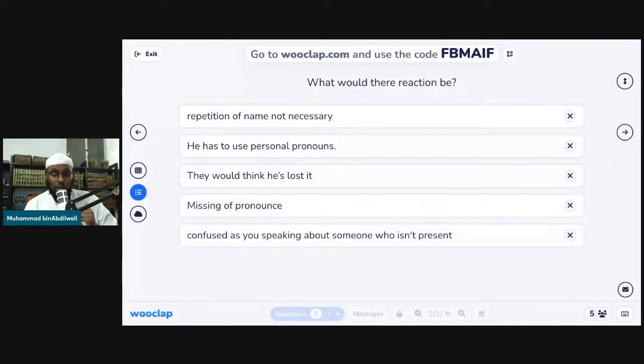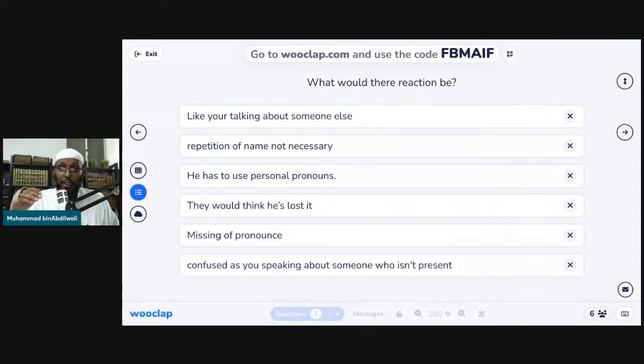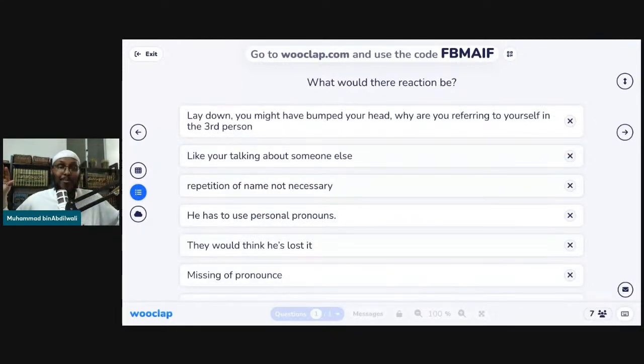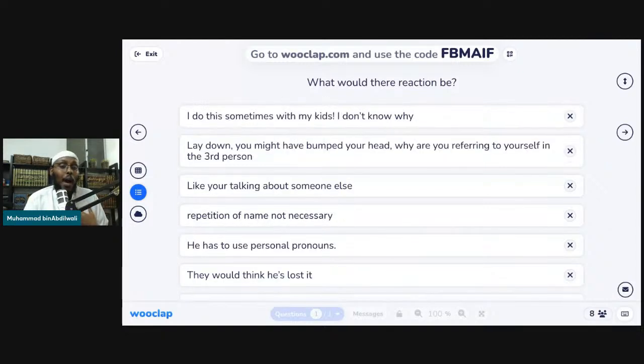Language is an exchange between two parties. Speaking is an exchange between two parties. You have one person who's speaking, and another person who is being spoken to. That's basically what language and speaking is. Now, the person who's speaking is always called first person, and the person who's being spoken to is called second person. These two parties, the first and second person, we never mention their name. Why? Because the purpose of names is to specify something. We give things names so that we know what you're talking about. My name is Muhammad, so that you know who I am, Muhammad bin Abdul Wali.